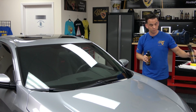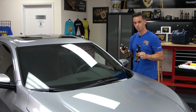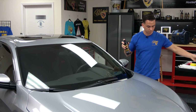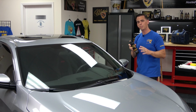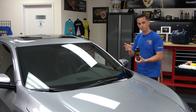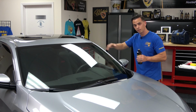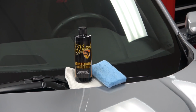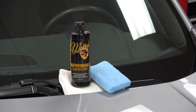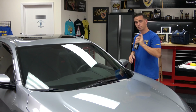Now, Crystal Vision Glass Cleaner is going to remove topical contaminants from the glass. High Performance Glass Restore contains glass-safe abrasives and citrus cleaners. And what these do is they mechanically abrade any bonded contaminants, or if you have water spots or any kind of heavy contamination on the glass that a regular glass cleaner will not remove. So you take this product, you shake it well,